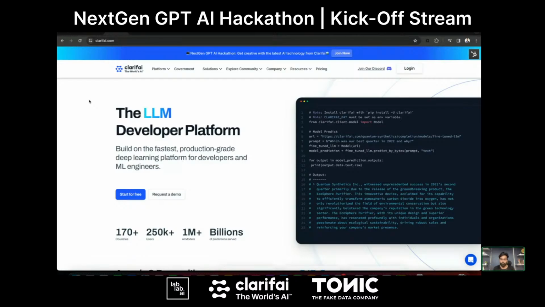So this is the platform overview. I'm not going into much detail, as Sanwal and Nick have just shown you how you can log in, how you can create apps and all the things. So let's directly jump into the community, access the GPT-4 vision model and build some cool things. I'm going to log into the platform.